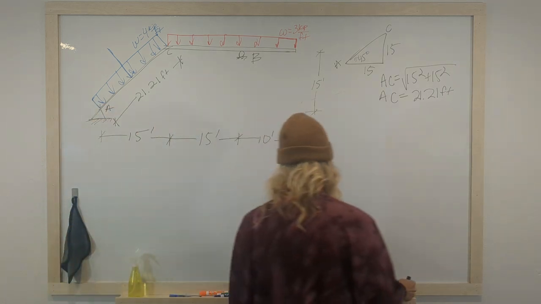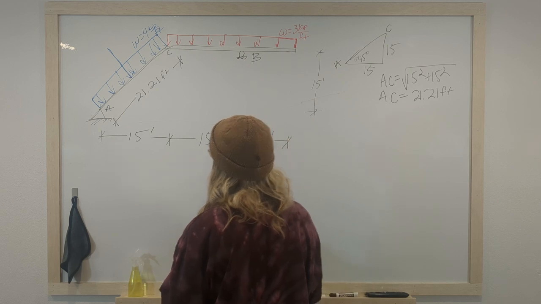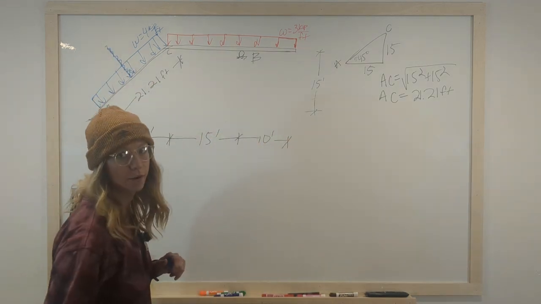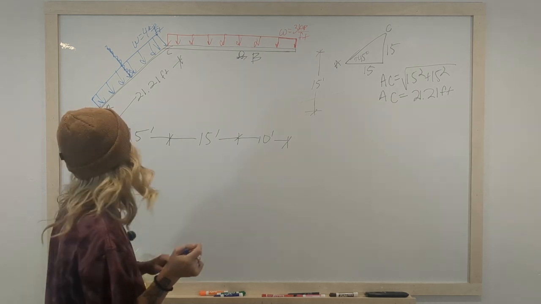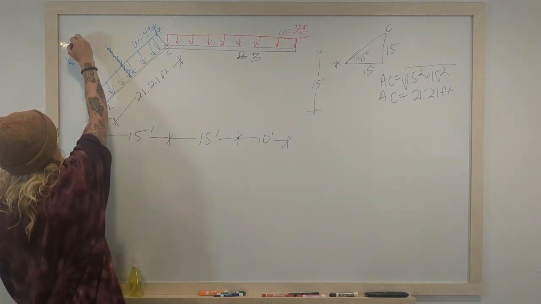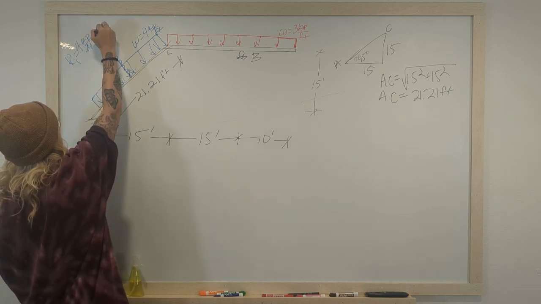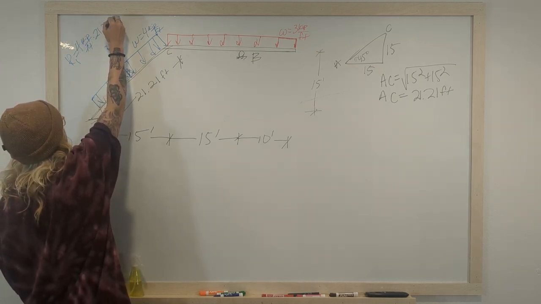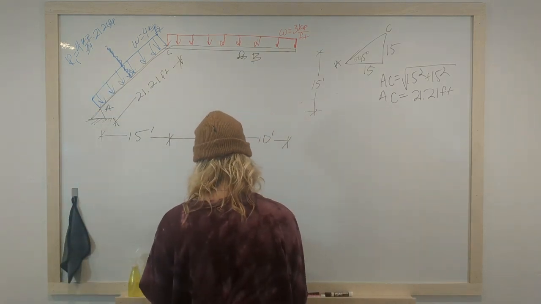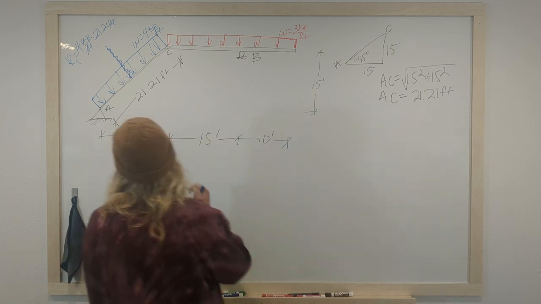Okay, so our resultant then, which we need for some of the moments, that's why we find the resultant, is going to be, so our R1 is going to equal 4 kips per foot times 21.21 feet, with our feet canceling out. So that number times 4 is 84.85